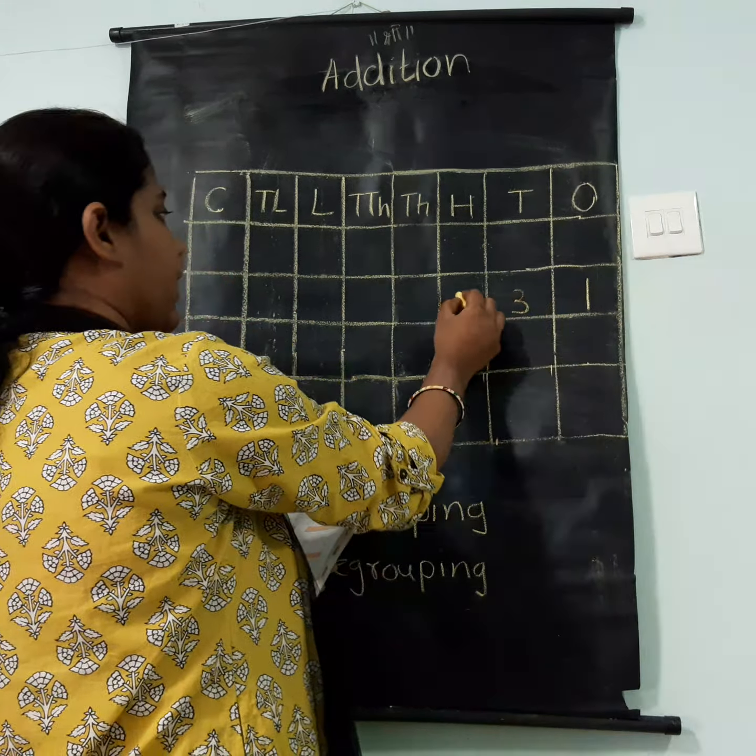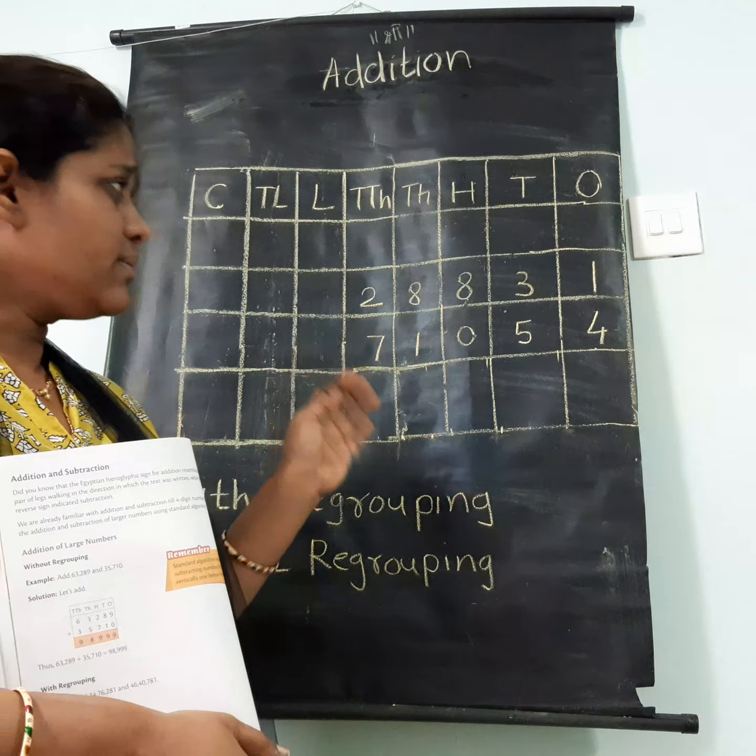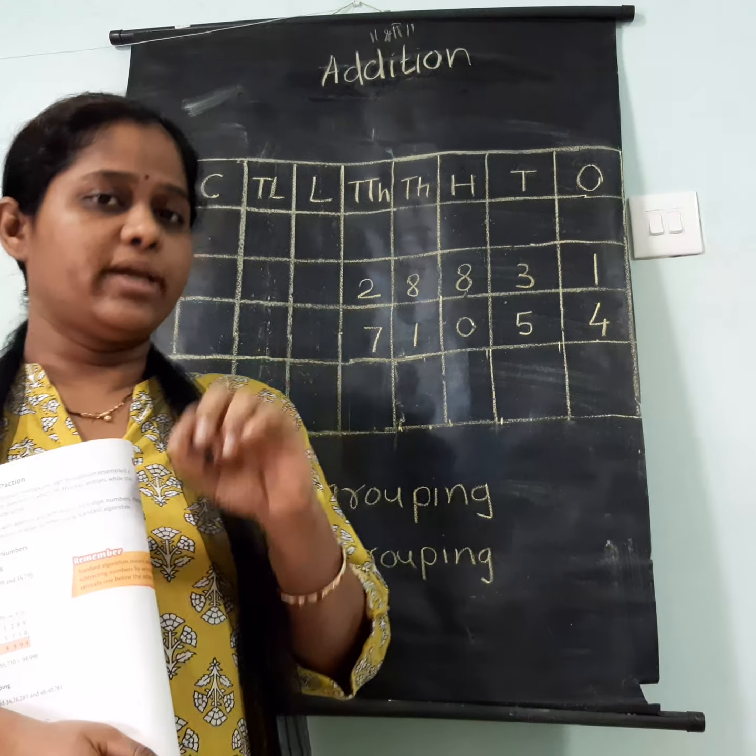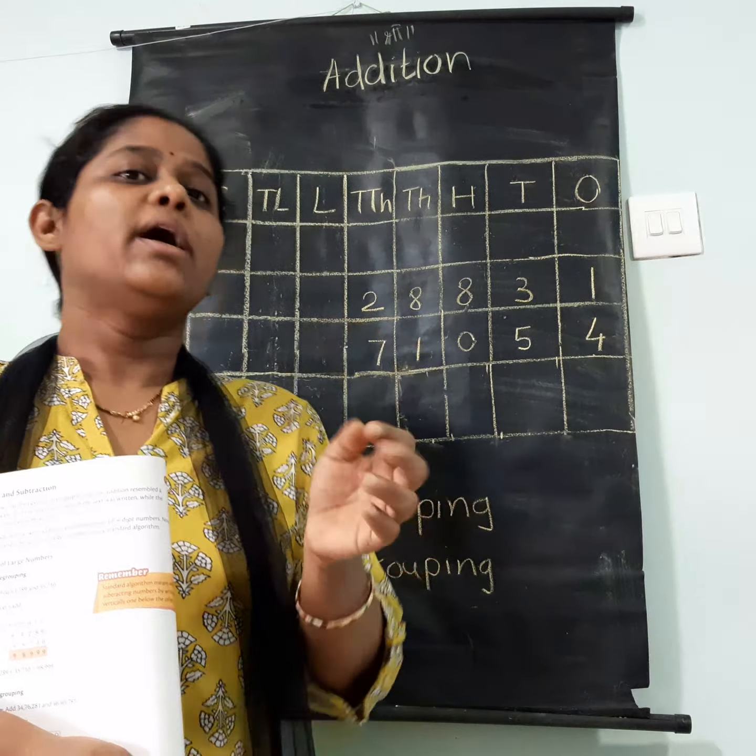Before starting with this actual sum, I just wanted to tell you that when it is 1 digit or 2 digits, it is very easy to add, right? Because it is very simple. You can verify also by counting. But when it comes to larger numbers, that is 7 digit, 8 digit, 9 digit, it is hardly possible to verify by counting. So you need to compute it well. So how to go about it?